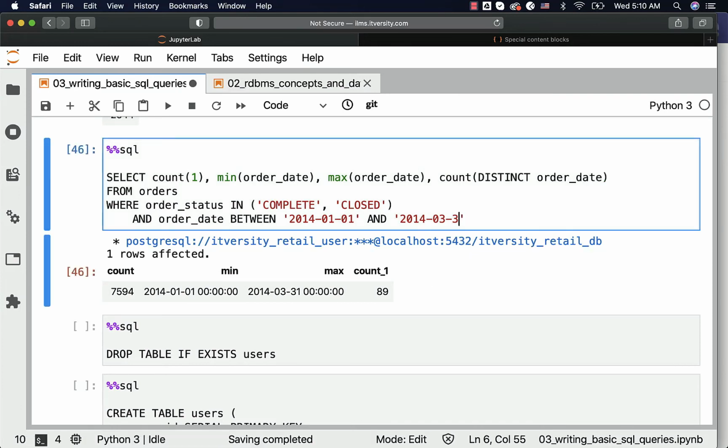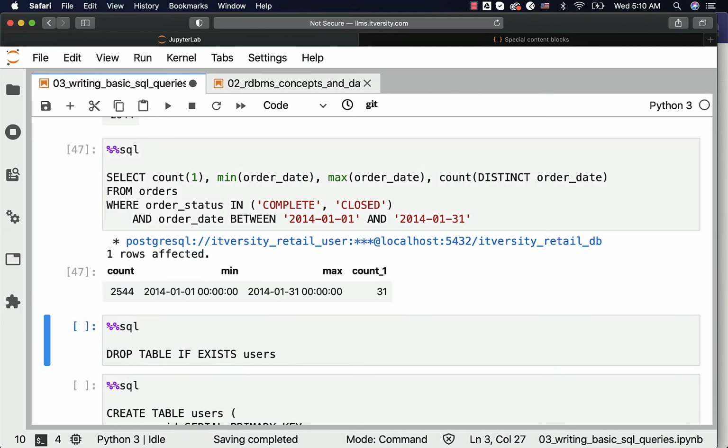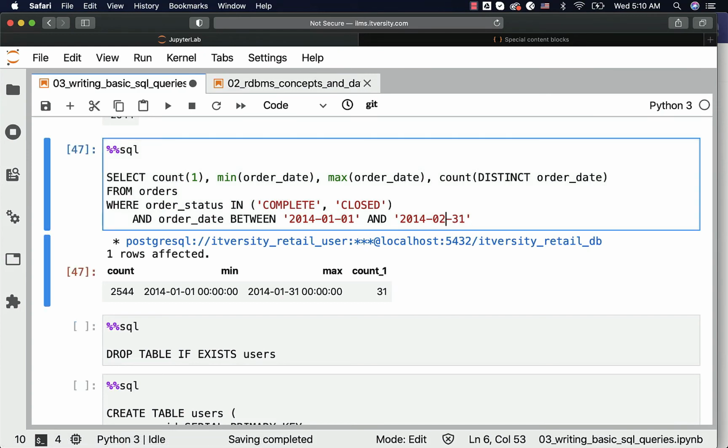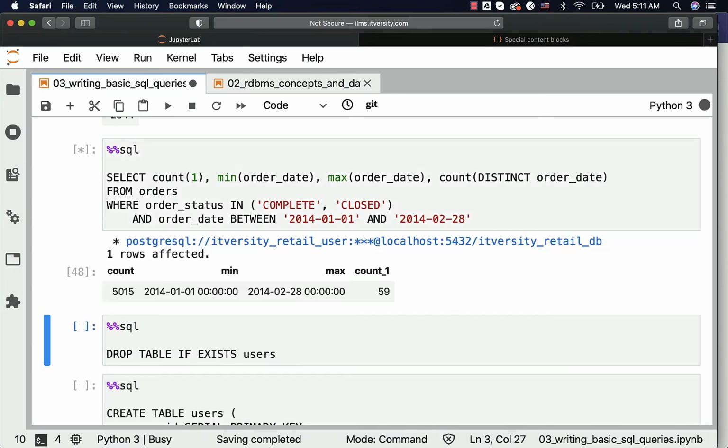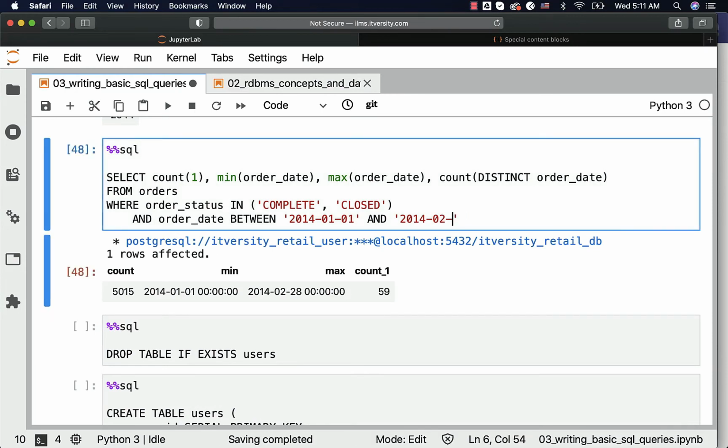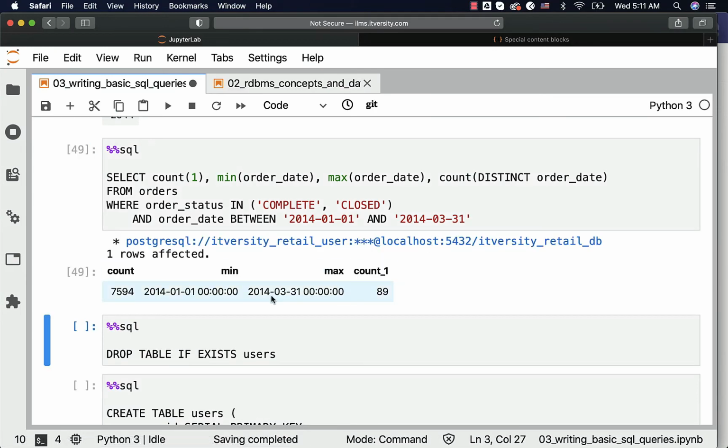Probably one of the days of data is not available in our dataset. For that, you can validate like this. Between 2014 January 1st and 2014 January 31st, we have 31, which is correct. Now I am saying 2014 January 1st and 2014 February 28th, we got 59. This is also correct, and hence in March we miss one day's data. However, as we are getting 2014 March 31st as max of order date, there might be one day's data